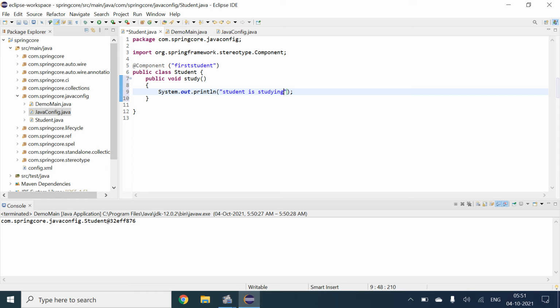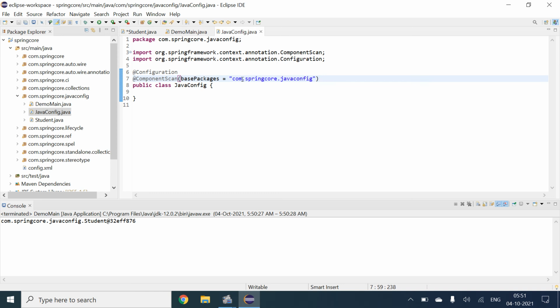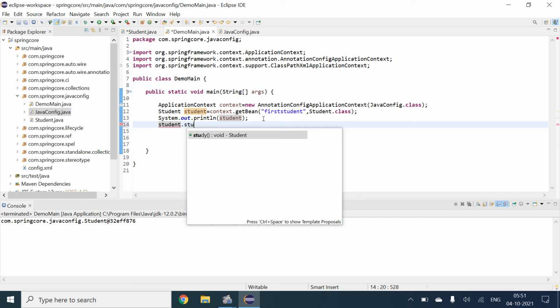So now we will come to our Java config and call student.study, and check whether this particular method is working or not.